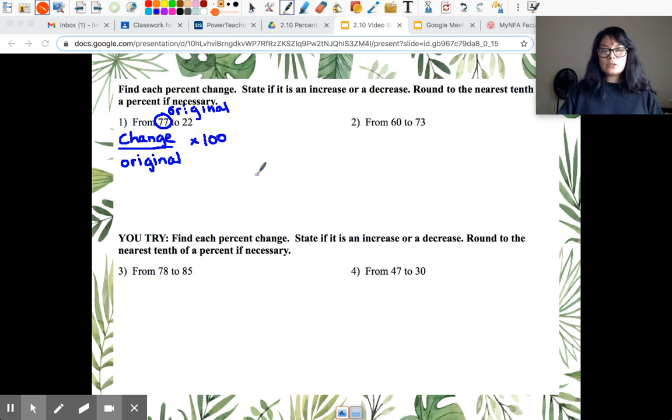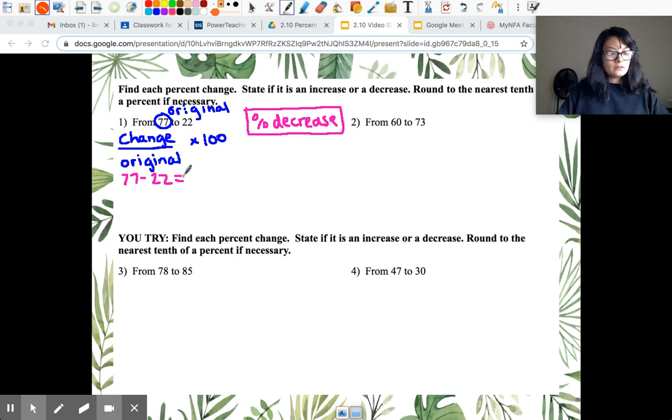And then 22 is the new amount. So the new amount is lower than the original. So this is going to be a percent decrease. I have to include that as part of my answer for number one. It's a percent decrease. Now to find the amount of change, I'm simply going to subtract 77 minus 22